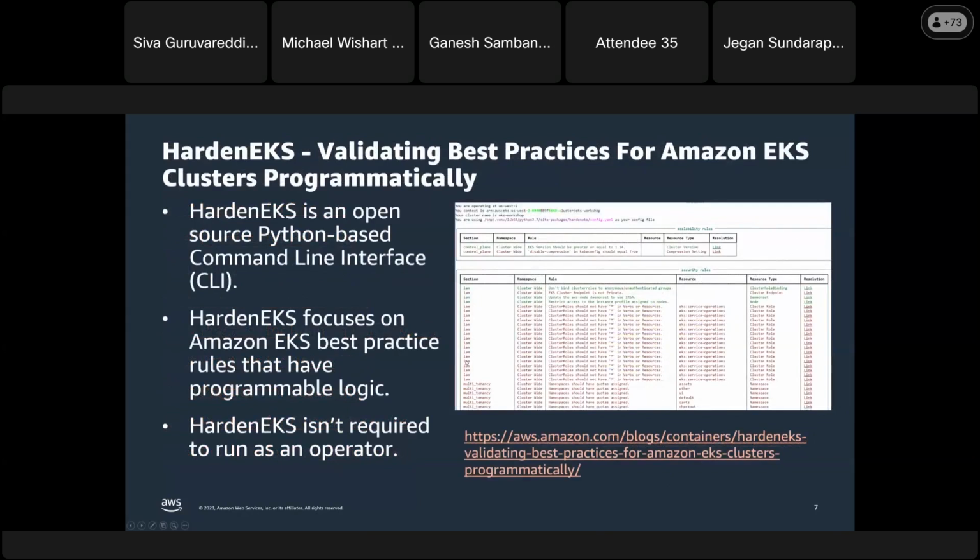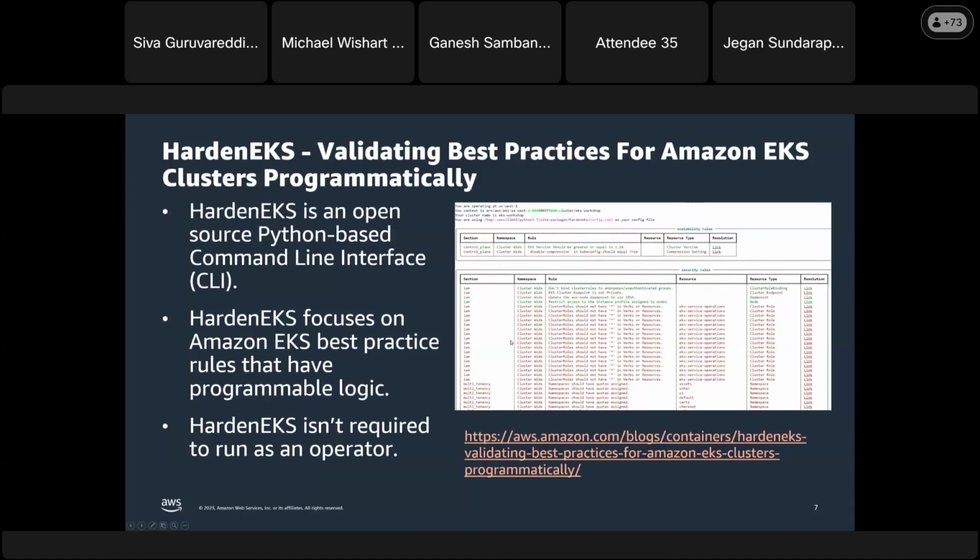On top of it, we have announced an open source Python-based CLI called Harden EKS. Harden EKS is a CLI which automates the checks with respect to the various domains that I referred to earlier. You're not required to be an operator to run Harden EKS. I've posted a link here which talks about Harden EKS in detail.